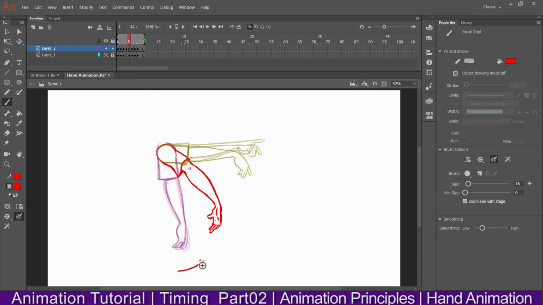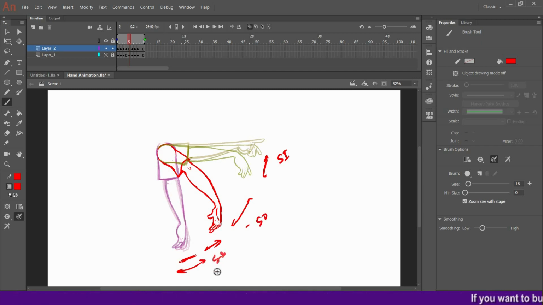Here slow action is there, here fast action is there, here as well fast action is there. Okay, and again here slow in is there, here slow out, here also slow out, and here slow in.